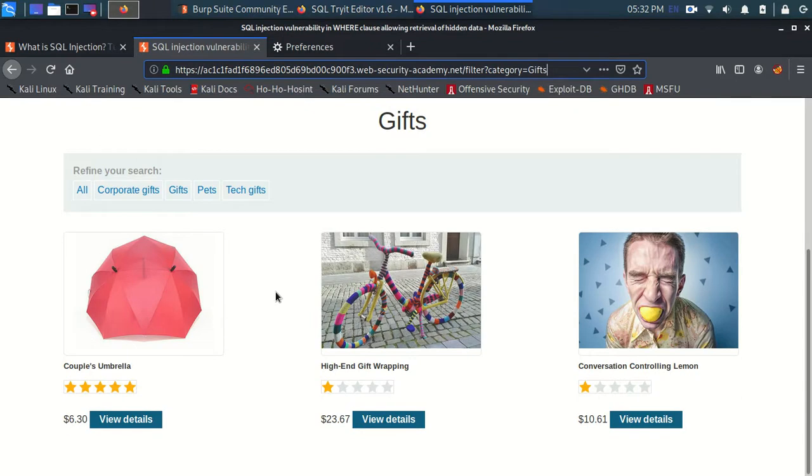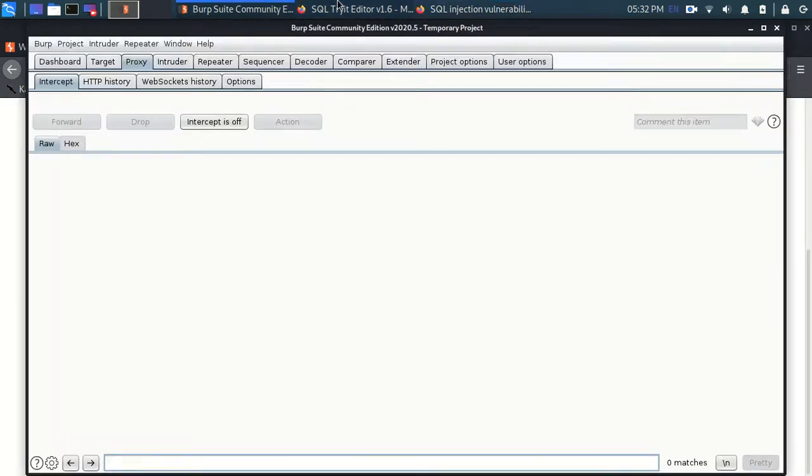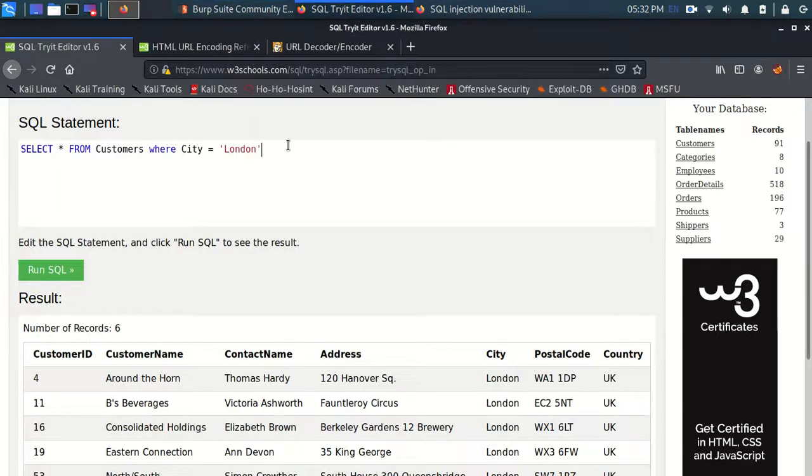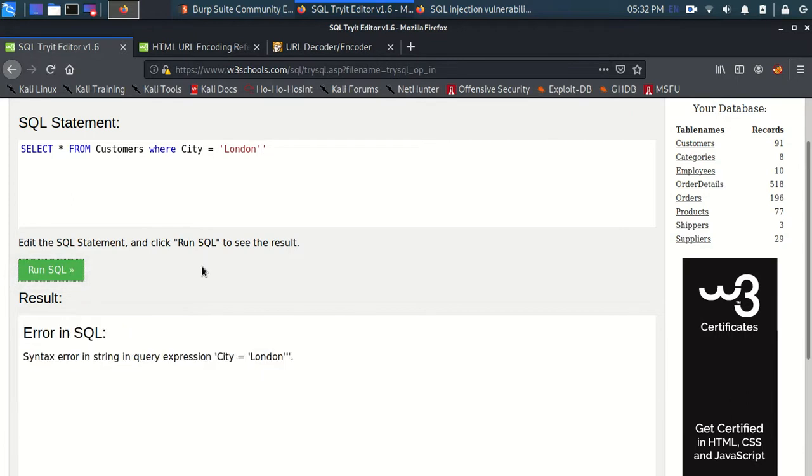Now how do I know that SQL injection will work on this? In a normal SQL editor, when I type a single quote over here, let's see what happens. It gives a syntax error because there should only be a pair of single quotes.